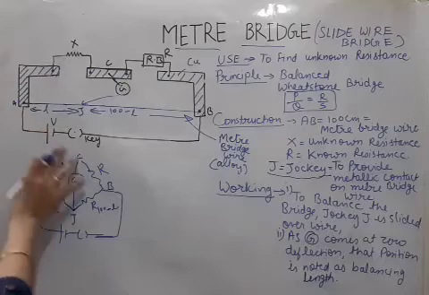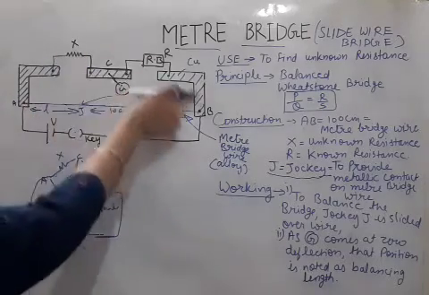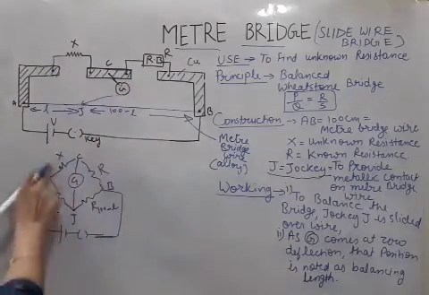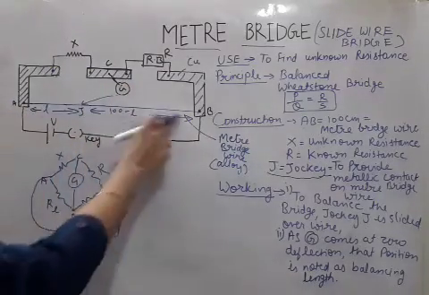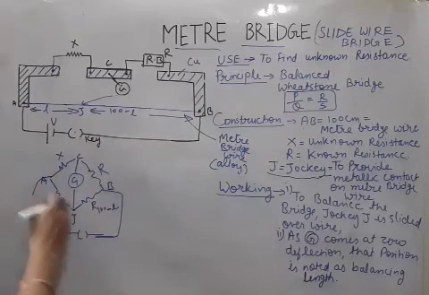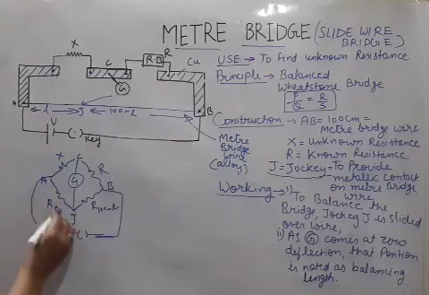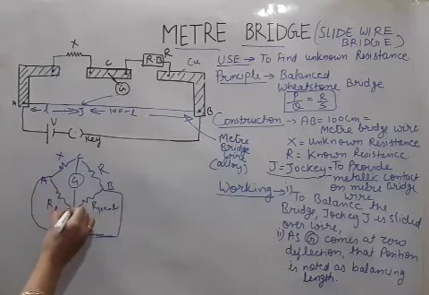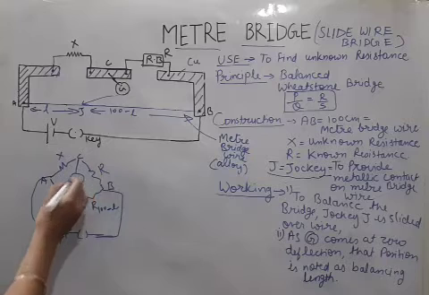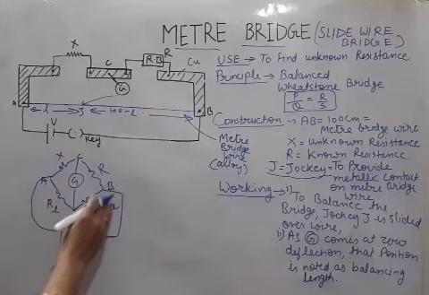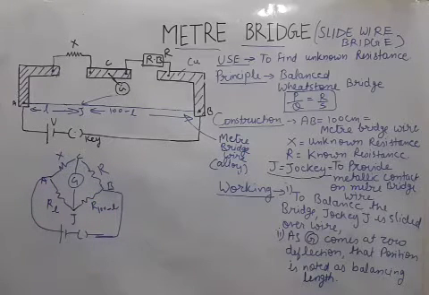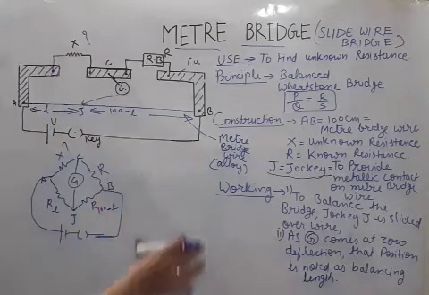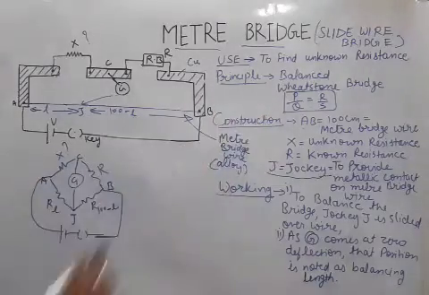So actually this circuit is how the upper part of the meter bridge is shown here. Okay, X and R are shown here, and the lower part of the meter bridge, that means this wire, is shown here. Only the thing is that this AB wire is 100 centimeter. Now how have we divided it? It will depend upon the galvanometer being at 0. So if this is a 30 centimeter wire, then this is a 70 centimeter wire. Okay. Now how will we find this unknown resistance? So for that we will apply our balance condition of the Wheatstone bridge.